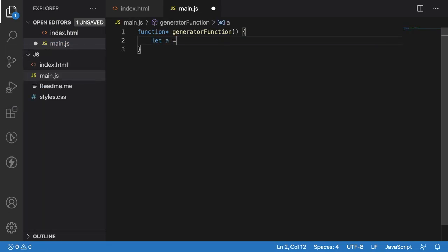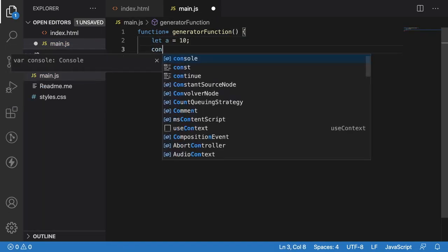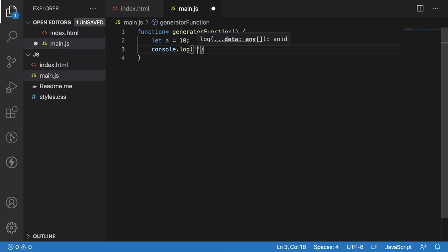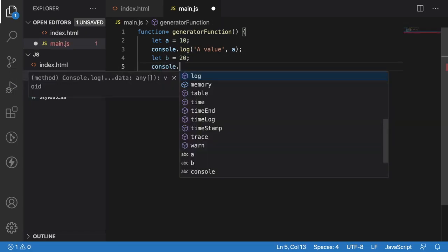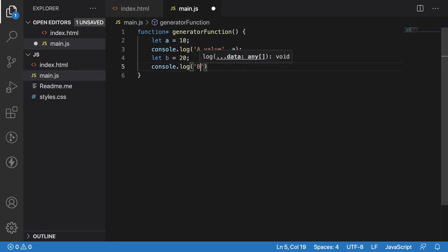Let a equal to 10 and console.log of a value comma a, and let b equal to 20, console.log of b value comma b. So I am printing both of these.